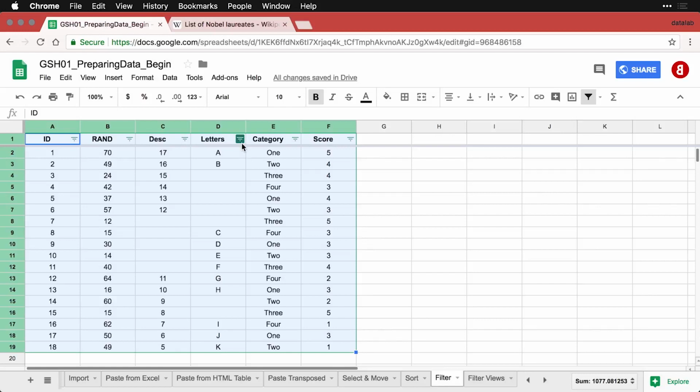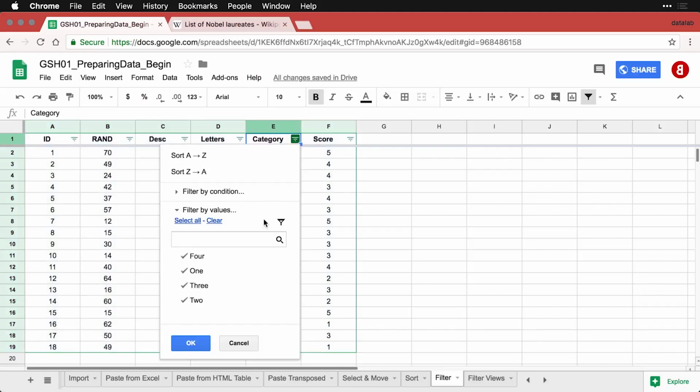Now, you can do a couple of different things with these. You can select text, you can select scores, you can create formulas. I'll show you a two-step selection for the filter so we can find cases that meet particular criteria. So for instance, let me come over here to category. Let's say I only want to see